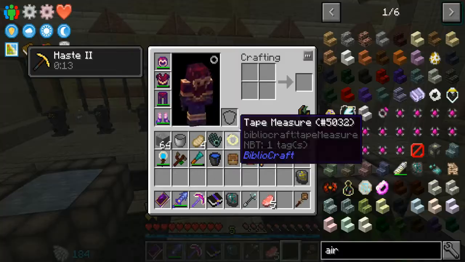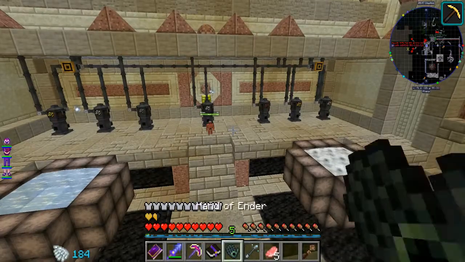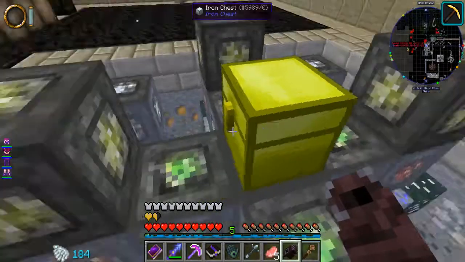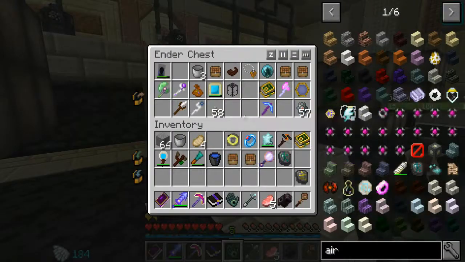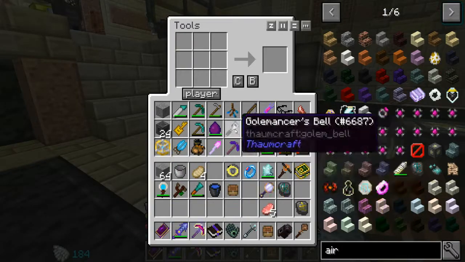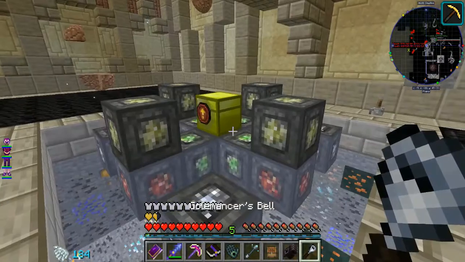In fact, do I have a wand on me or casting gauntlet? Did you go in here? Casting gauntlet, here we go. So if I equip this, then I think I'm able to actually see things. Maybe it's a Golemancer's bell. I can never remember what it is that I need. Do I have a bell here? I do not. Probably in my tools chest. Let's just grab this so we can actually see what's going on. Open. There we go. Golemancer's bell. So let's equip this guy here, and we should be able to see...